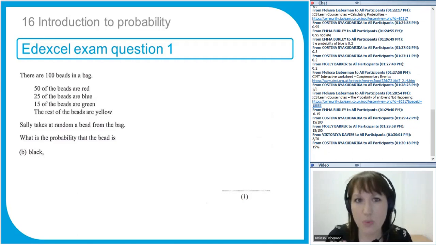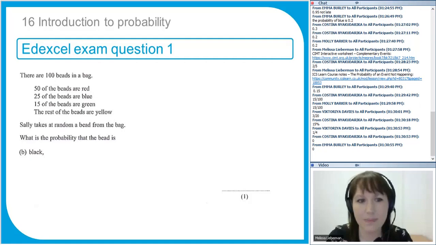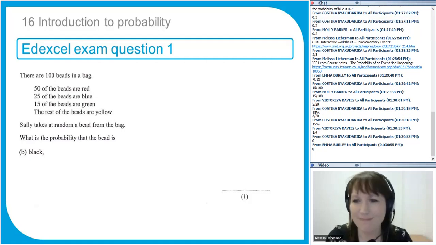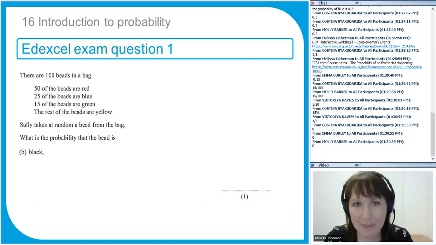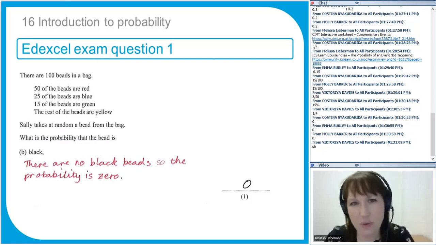Part B, what is the probability of black? Written in any form that you want, because the question doesn't tell us what form to write it in. So the probability of black, brilliant, well done, good. Don't write impossible, give it as a 0, so it should really be as a number. And so put 0, so no blacks for the probability of 0. I'm not sure if they would accept impossible, but really unless it says otherwise, write it down as a number. So if you put 0, that is perfect, well done, because there are no blacks. We've only got red, blue, green, and yellow.